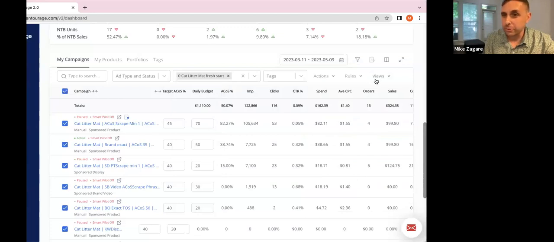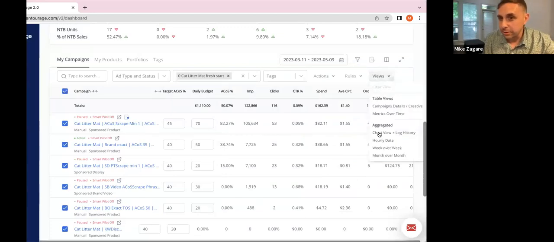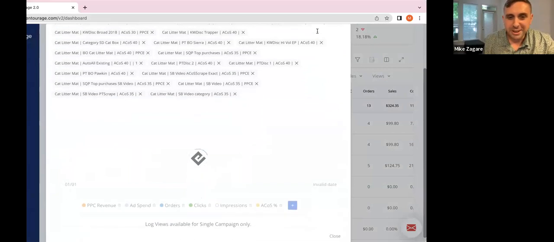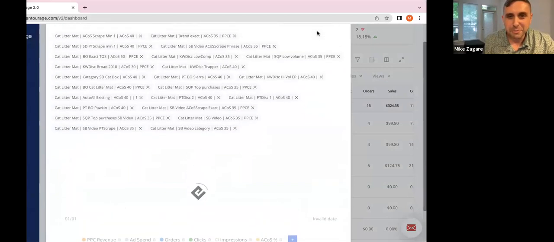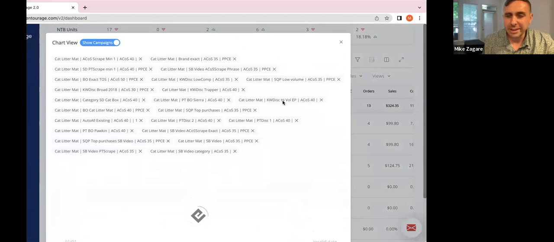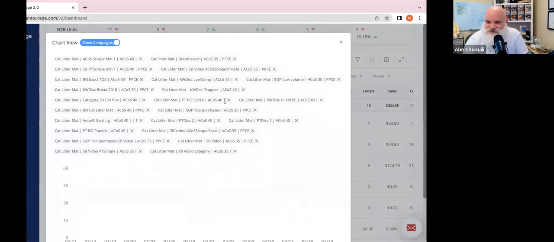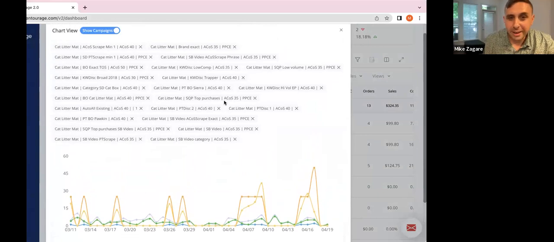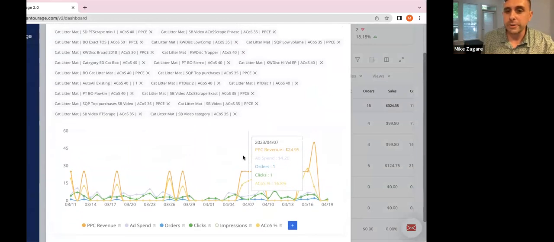and you would do your views investigation, and you'd go to chart view log history. Now, this is pulling in a ton. Look at all these campaigns. I've actually never done this many campaigns. So we'll see how long this takes to pull up. Perfect use case. Okay, there it is. There you go. And then if you wanted to go nuts, one by one, you can remove these campaigns and you can view